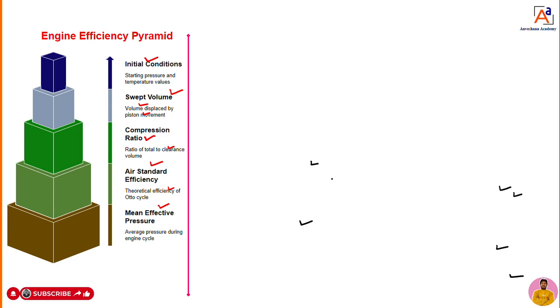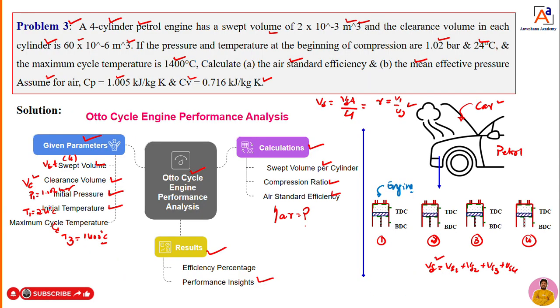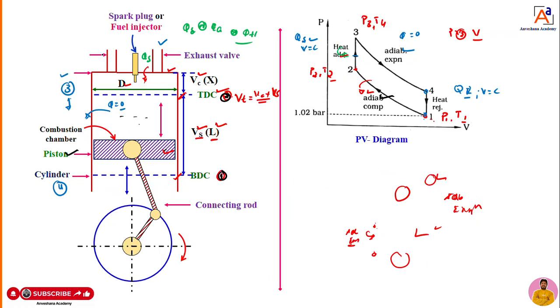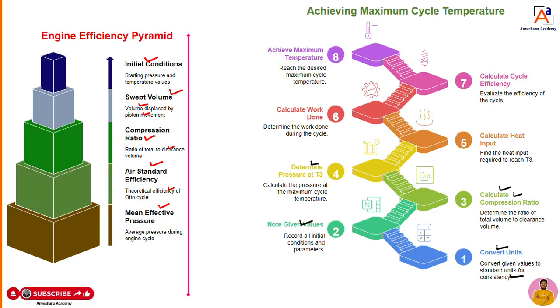But you should know, dear students, what all things he has given, that is very important here. Sometimes he will give the maximum cycle temperature, sometimes he will give the maximum cycle pressure also. Now what all things he has given and what you need to calculate, you have to identify correctly. Okay, so now he has given maximum cycle temperature, but he has not given pressure, that we need to identify. Dear students, you can see it in this